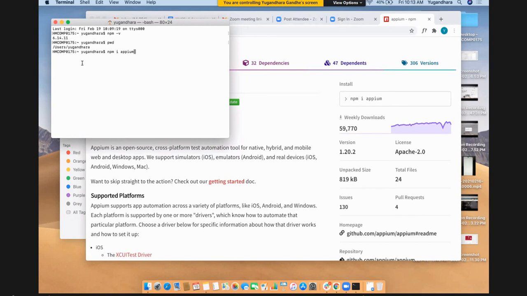But if I want to install globally, so there are two options to install node packages. The one is local installation and the another one is global installation. So this local installation happens in the current directory. So if you want to access that package, it would be APM or any other node package as well.